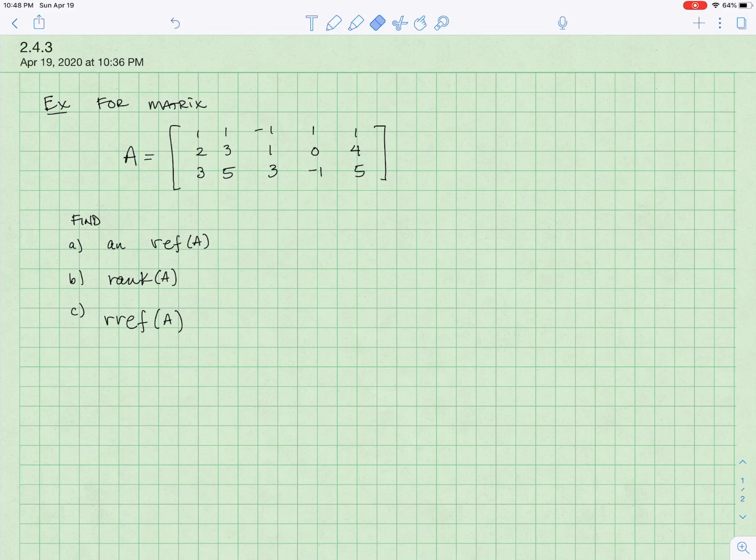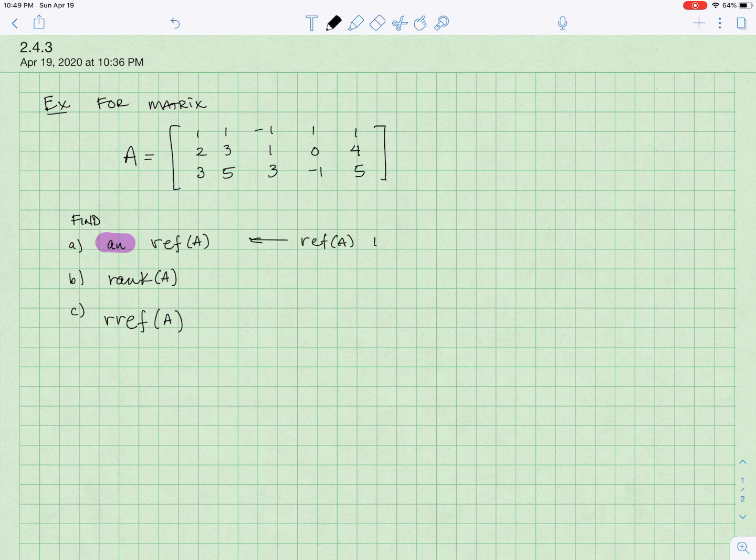Let's finally take a look at an example of using elementary row operations to take a matrix A and put it in either an REF form, or find its rank, or determine the RREF form of the matrix. So here we go. The first thing I'd like to say about matrix A and what we're going to do with it is, if you'll notice here in part A, it says find an REF of A. And I really want to put some emphasis on the word "an" there. That is to say,